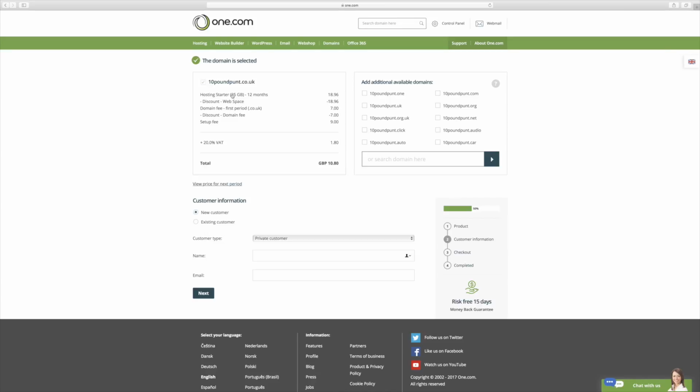this is telling me how much it is. So for £10punt.co.uk, a hosting starter, 25 gig of space for 12 months, you can see the price there. They give a discount as well for the first year, so you get an idea of what the second year will be and the first year. So for £10.80, because there's always VAT. So it could have been the £9 punt if it wasn't for the blinking government. So the £10.80 punt is going to give me 25 gig of